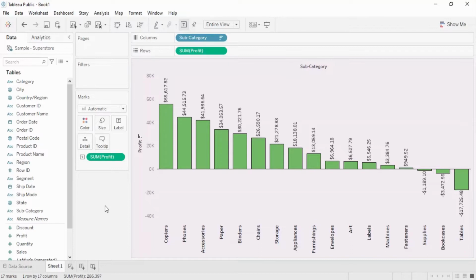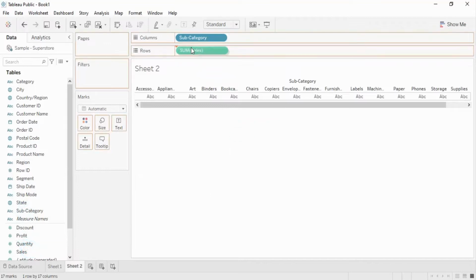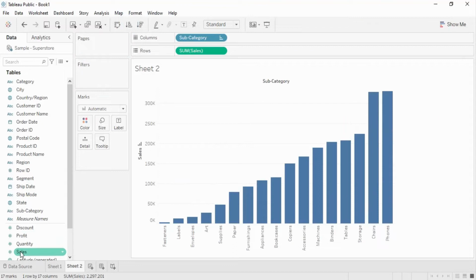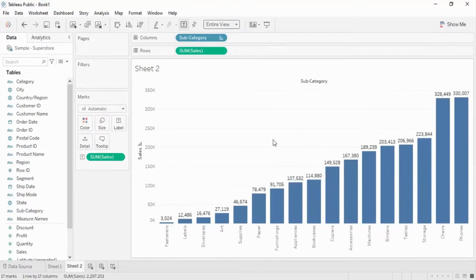Okay, let me just quickly make another visualization, that's sheet 2, and let me make another visualization that is going to be the subcategory wise sales. Okay, so these are the two different visualizations. Let me just drag the labels part also over here. Okay, so these are the two different visualizations,